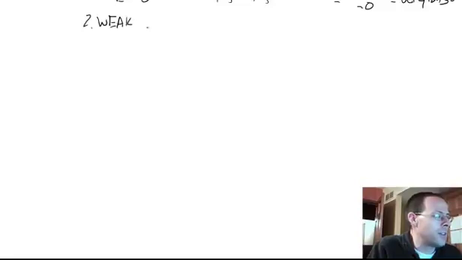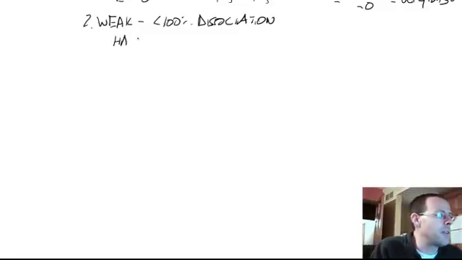And weak acids are just where it's less than 100% dissociation. It might be kind of close to it, but it's certainly less than. And there are going to be values that are going to be printed in books. So again, we're going to have the same equation, HA plus water